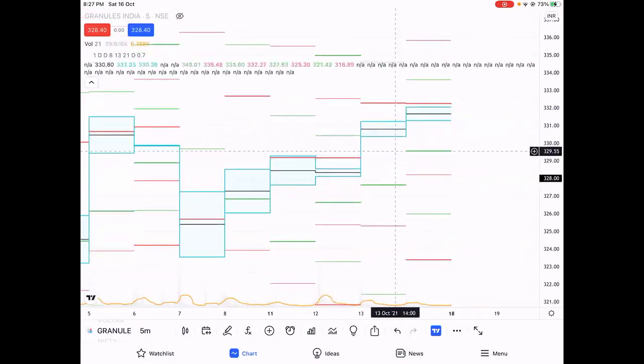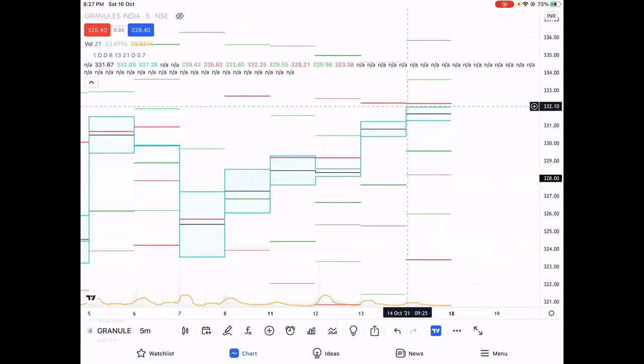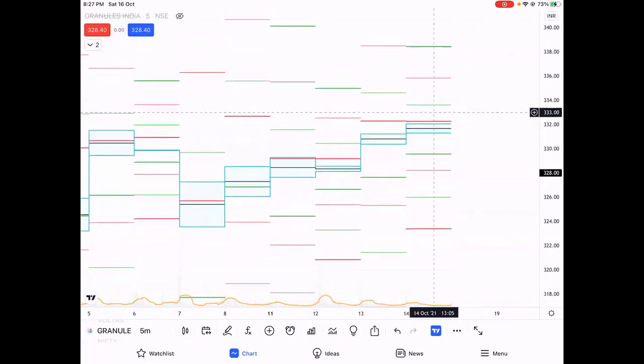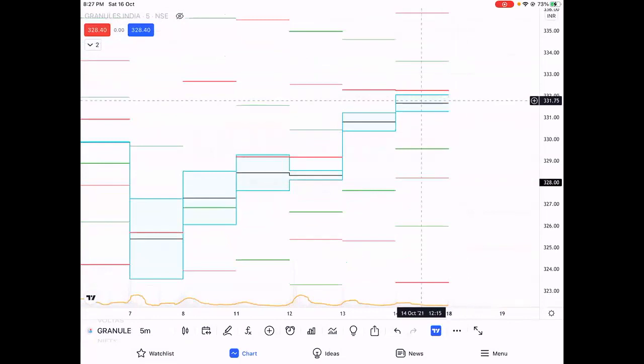So here, let's see, wide CPR, ascending CPR, correct? What else do you see? What else can you spot? Here, if you see the previous day H3, and let me put a cursor. See, previous day H3, that is here, and today's H3 is making a confluence here,